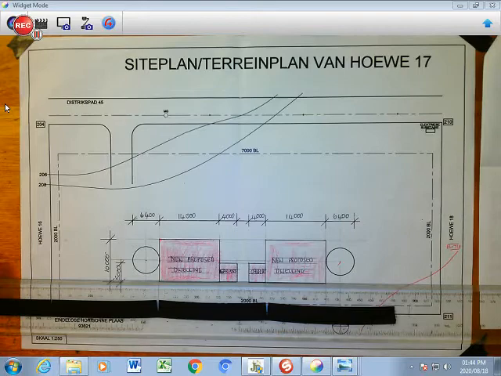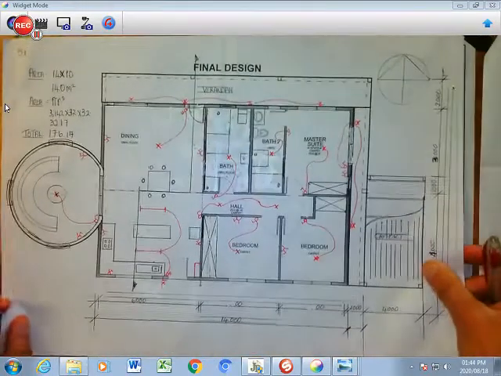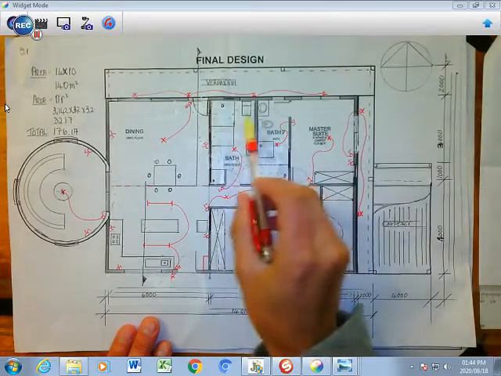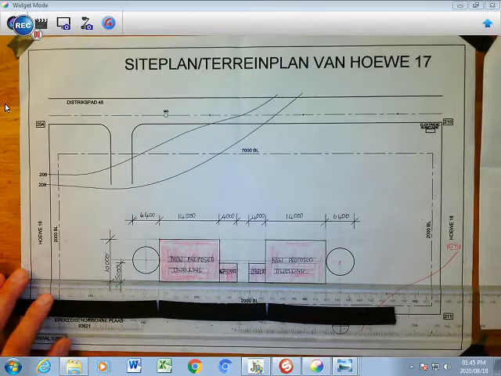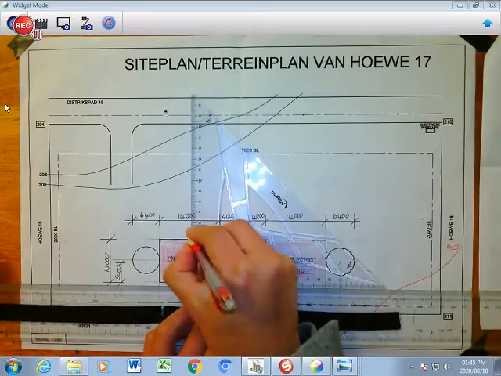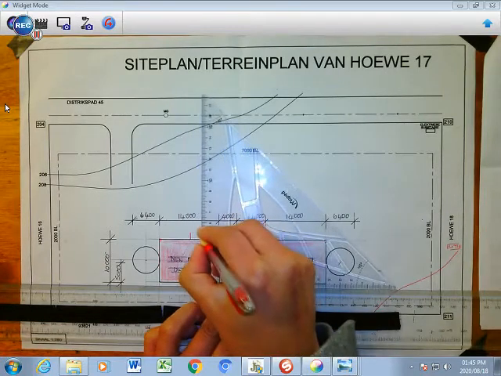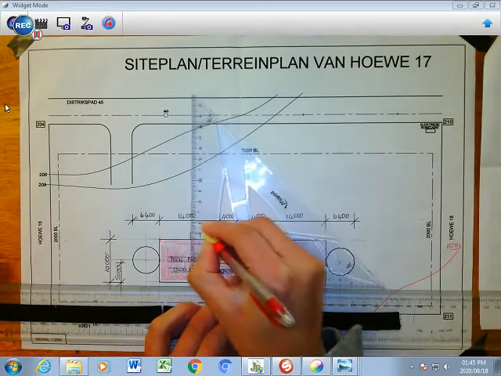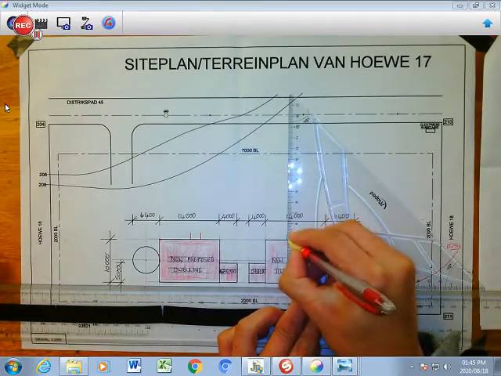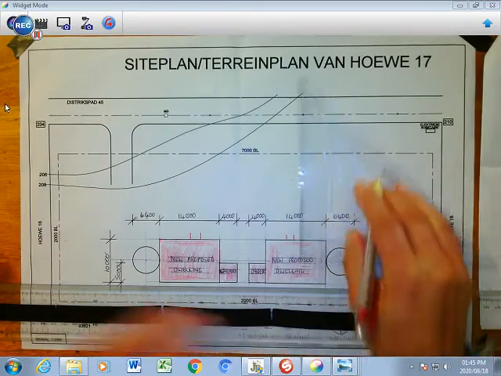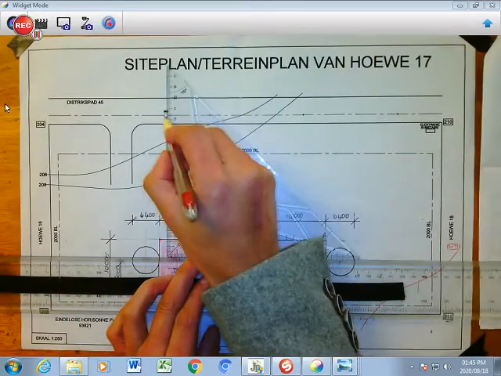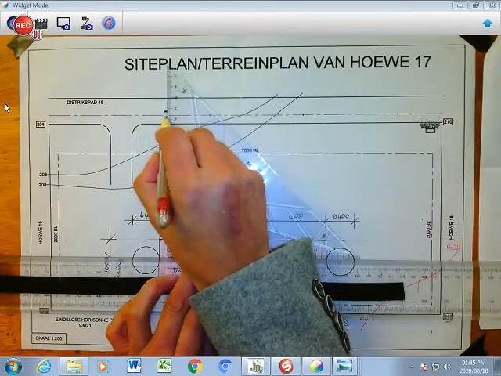if I look at my final design and I see that my bathroom's situated here, which basically means that my bathrooms will be around about there. So I'm going to just draw my bathroom lines out like that. Those are the two different bathrooms, and I'm going to do the same mirror imaging here. My bathroom there, small little line, and then I'm going to run it from this midpoint here,